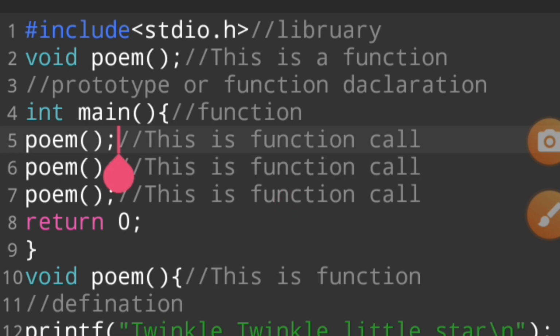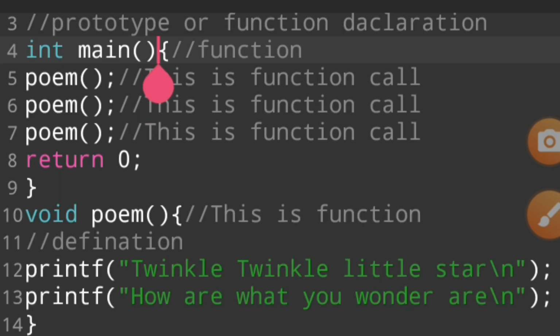Then we call the function from int main, and int main pauses for some time, and in this time we go to the function declaration, and then also to the function definition.